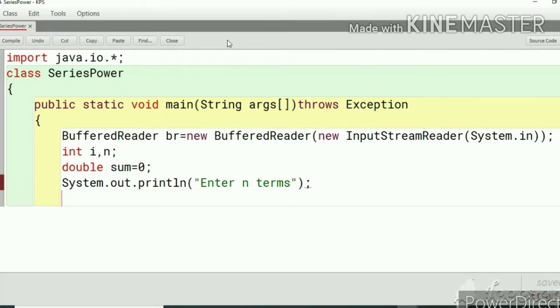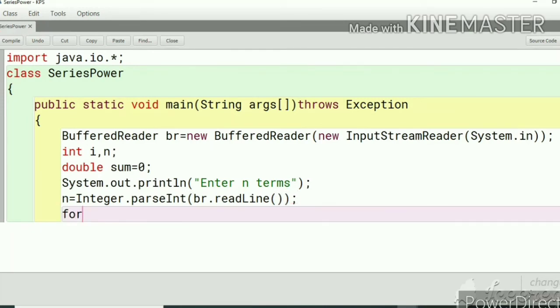To input a number till the end term we have to write the command Integer.parseInt br. This br we have to take here, it should be the same, dot readLine, bracket open, bracket close.